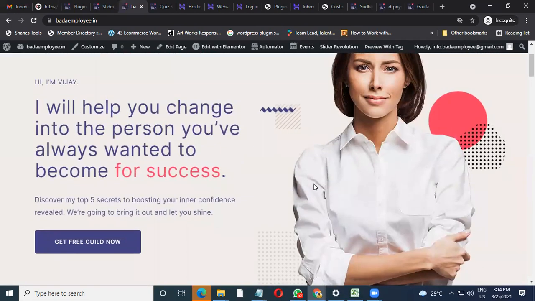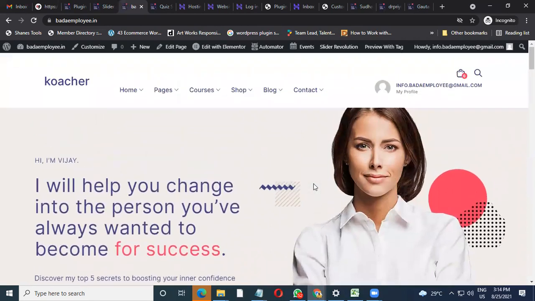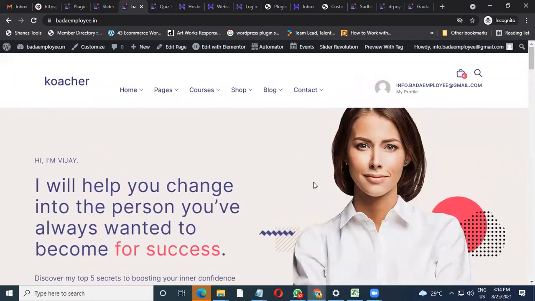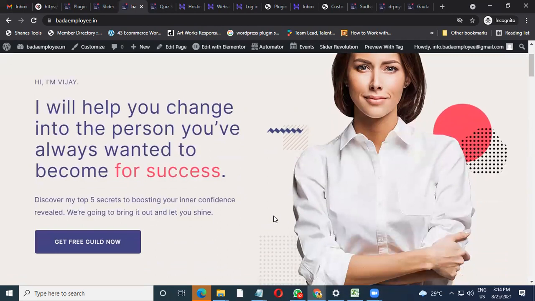Don't get too much into designing complications and other things. If you like what you're seeing, just go with it. Our main concern is with sales. Once your sales increase, you can always invest more time into all these things. But if you want to take a quick start, go with the theme as it is, upload your courses, and you're good to go with the structure.